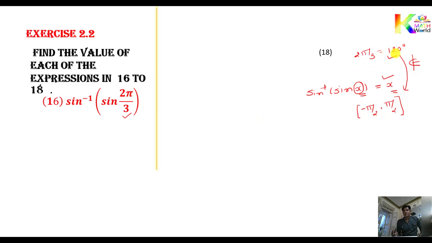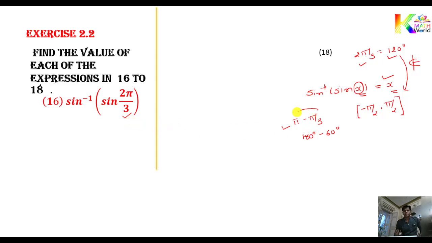So 2 pi by 3, that is 120 degrees as we decided. 120 means second quadrant. So with the help of second quadrant we can express it. So 2 pi by 3 can be written as pi minus pi by 3. By considering LCM you can easily see that 3 pi minus pi, that is 2 pi by 3. Pi, that is 180. If you didn't understand in radian measure, then this is your degree measure. 180 minus 60, that should be 120. This is okay. That's why we can express it this way. So pi minus pi by 3.